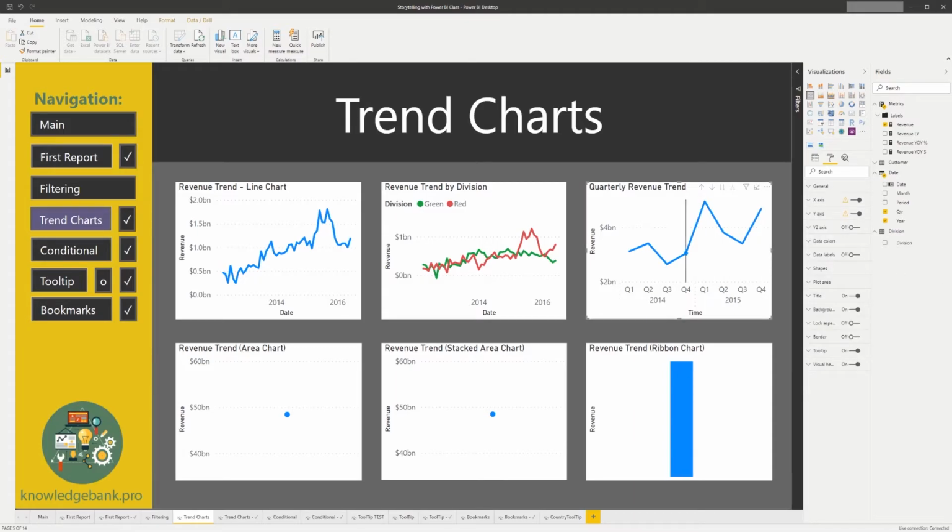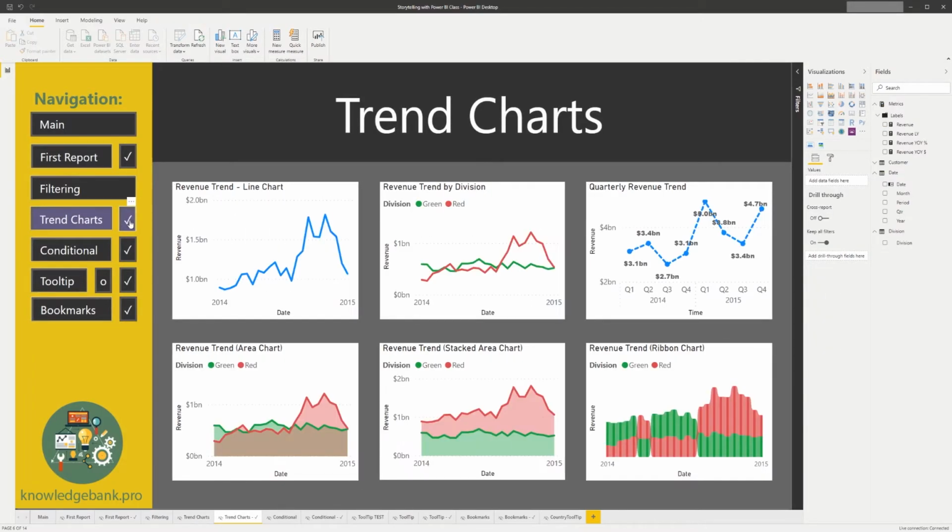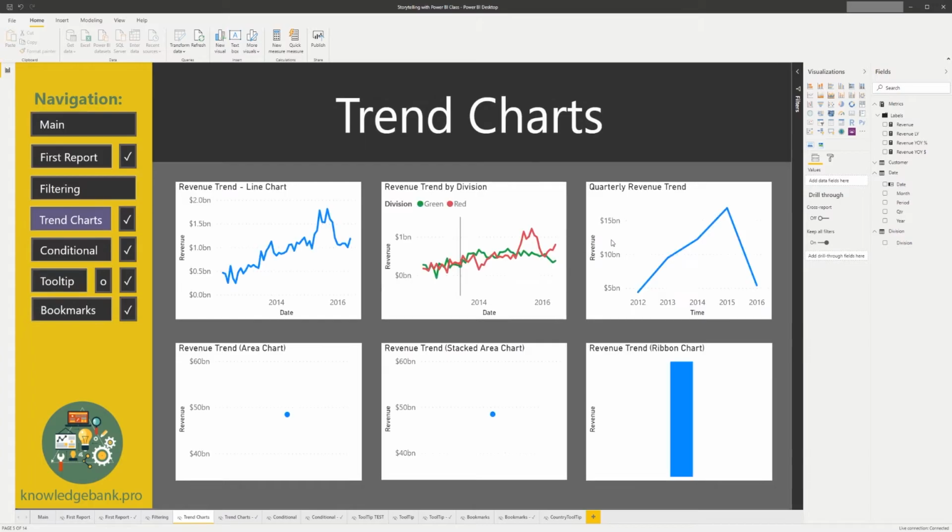Lastly, we want to make this line a dashed line. I believe that's what we had. Yep. So let's see how we could do this. One of the things about Power BI is that, because it gets updated so often, sometimes new options are added to the properties, and sometimes things move from one place to another. So if you can't remember, again, just type line style,